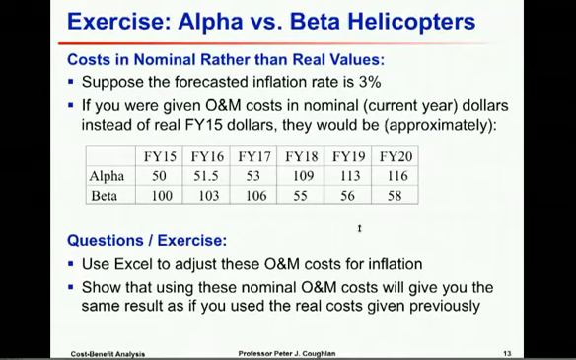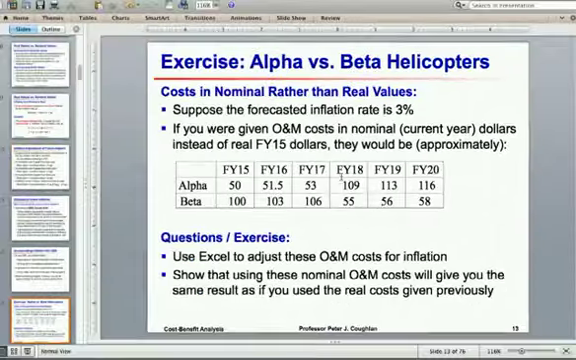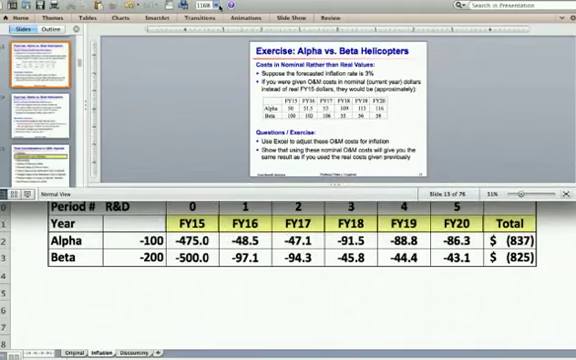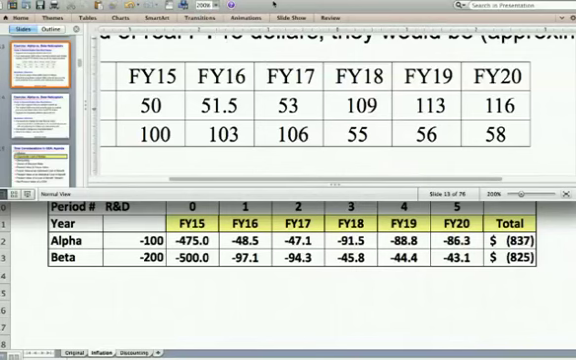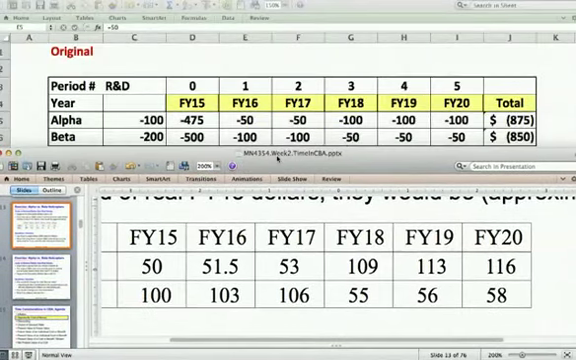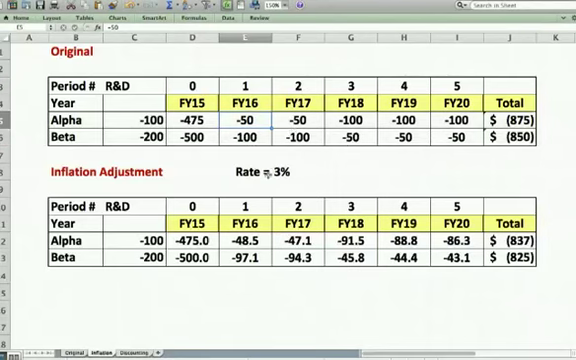Now, in the spreadsheet I posted online, I didn't have these numbers in there for you to do it, but I can show you how that would work in Excel. So let me look at the spreadsheet, and if we look at the tab under inflation, you can see,